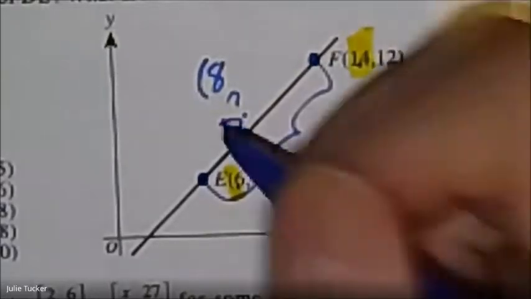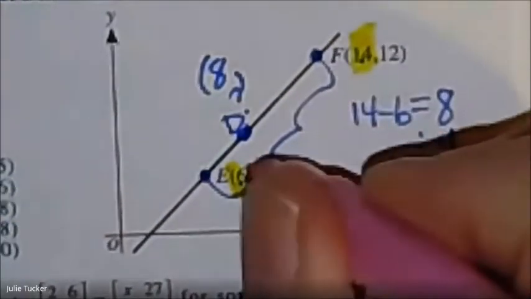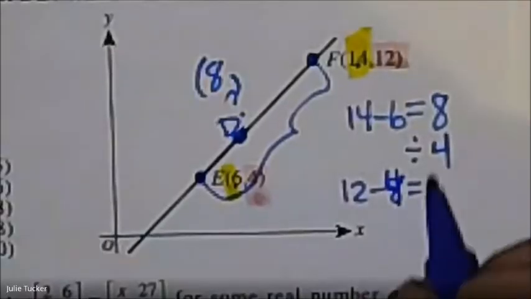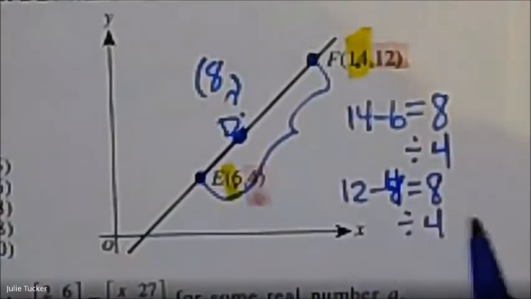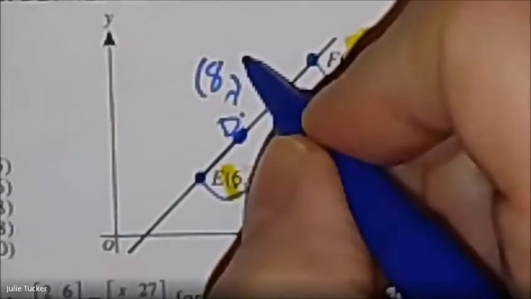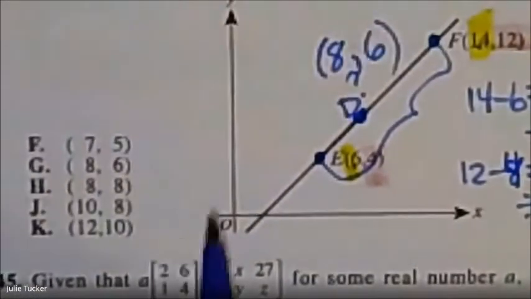And we can do the exact same thing with the Y's. This Y is 4 and this Y is 12. That's also 8, and 8 divided by 4 is also 2. So it has to be 2 more than 4, so it is 6. So the right answer is